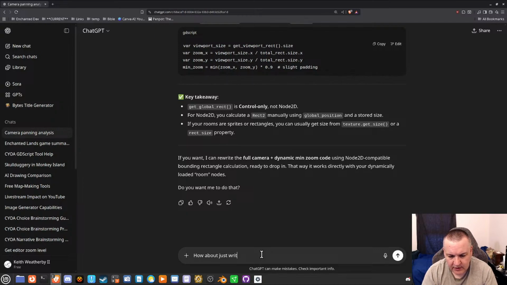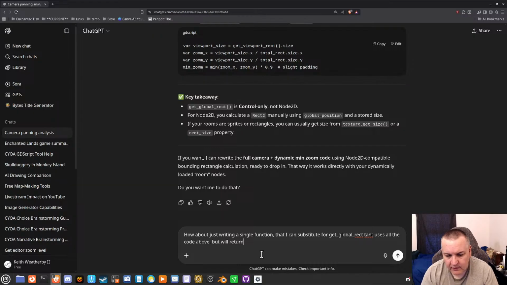How about just writing a single function that I can substitute for get global rect that uses all the code above and will return the appropriate rectangle.